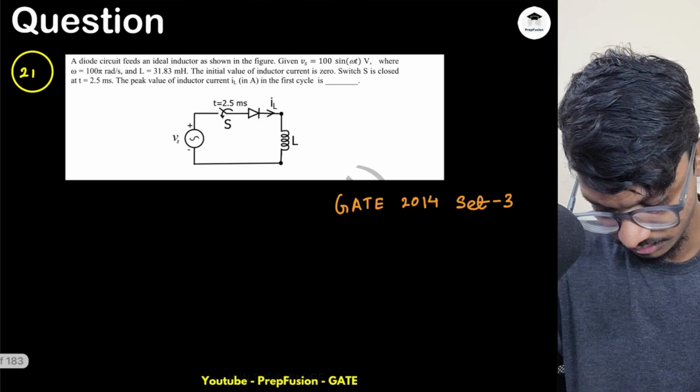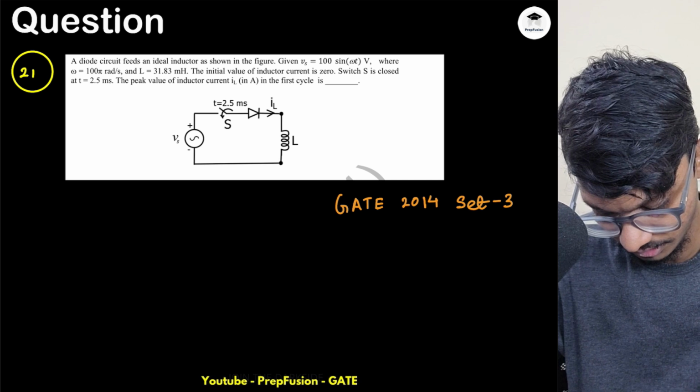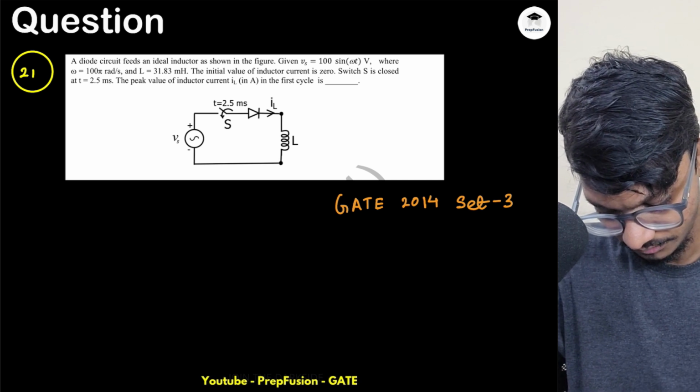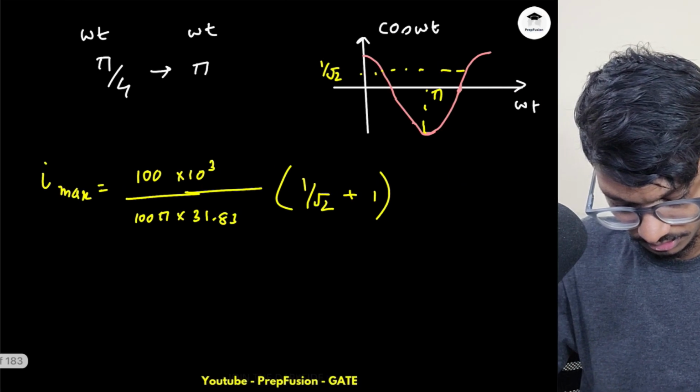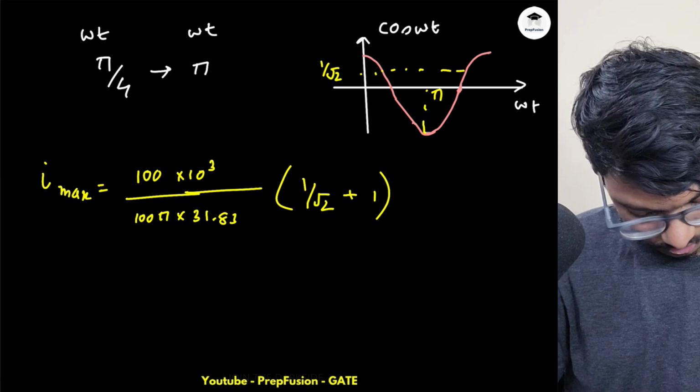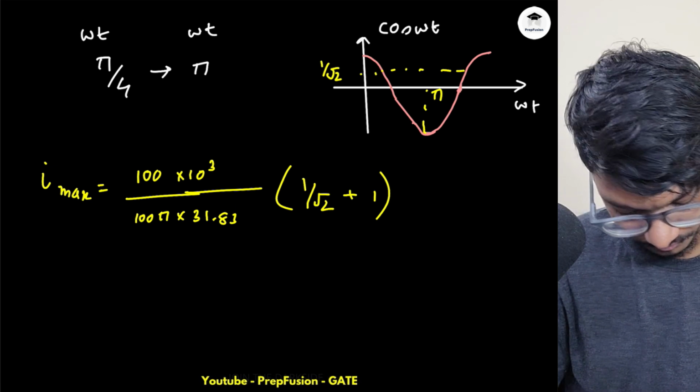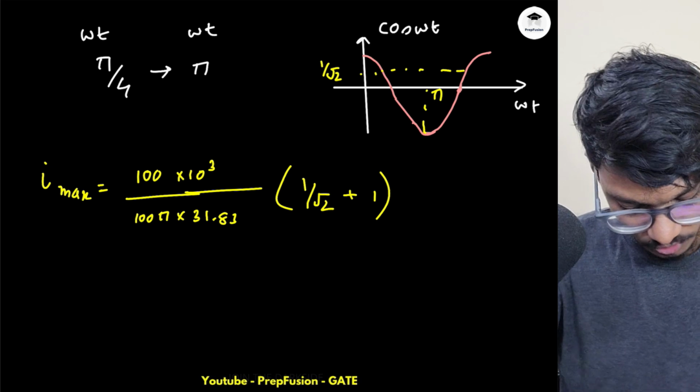Is it, or did I miss out anything? 2.5 milliseconds, yeah, fine, everything is fine. Milli, micro, yeah, I think it is fine. So this is 10 raised to power 5 and divided by 10 raised to power 2, so it becomes 10